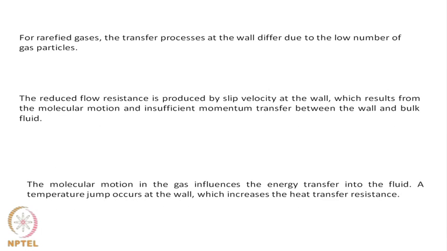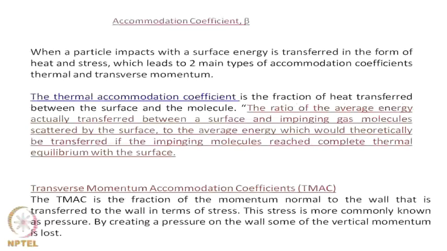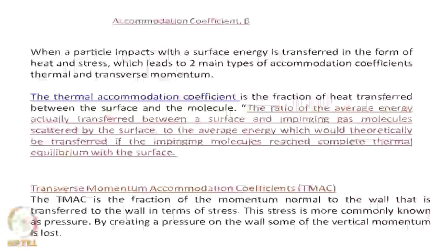So, the reduced flow, since we have a slip velocity, the flow resistance will be rather less, and with the molecular motion, there is going to be insufficient momentum transfer between the wall and the bulk fluid. In order to characterize the amount of momentum transfer and heat transfer, there is a concept called accommodation coefficient beta, which is defined as the ratio of the average energy which actually gets transferred between a surface and the gas molecule to the average energy which would theoretically be transferred if the impinging molecules reached complete